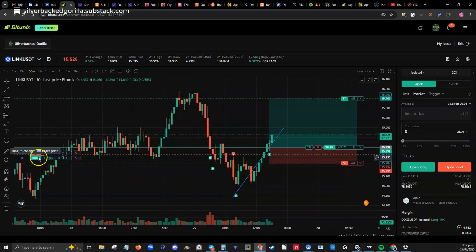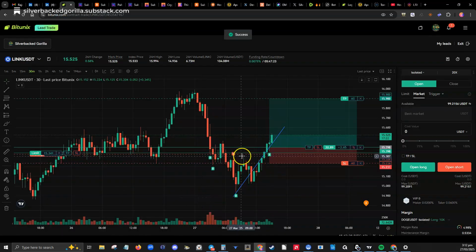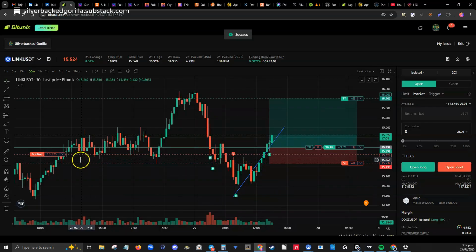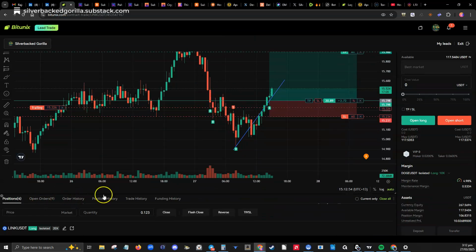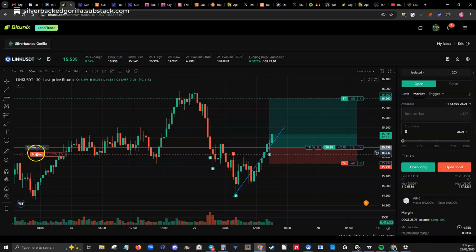One of these limit orders is already outside the trailing stop, so it can't be hit, and I might as well get rid of that. With this limit order, the trailing stop's almost there anyway, a little bit further and it's impossible to hit, so I can get rid of that. I'm getting rid of these open orders here. Once this trailing stop gets up to this level, which is where I entered the trade, this whole setup becomes a no risk trade.